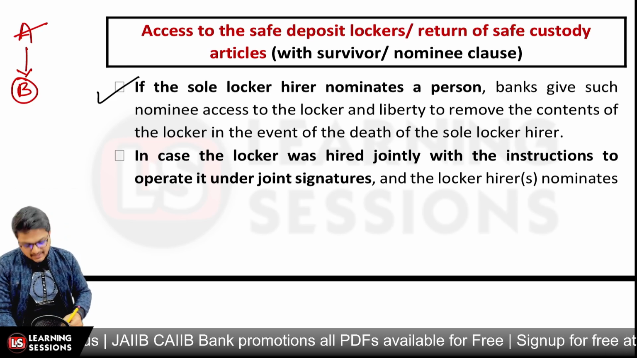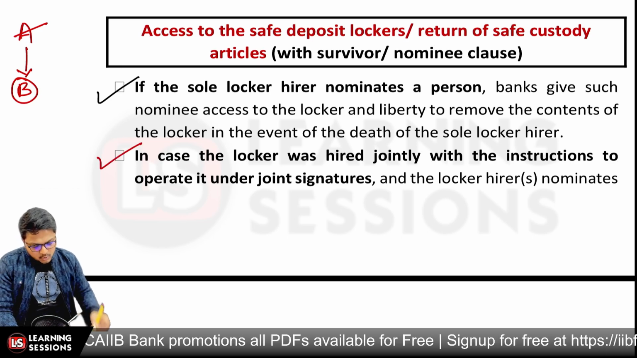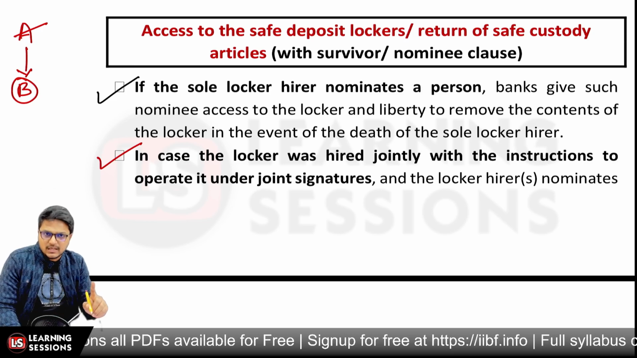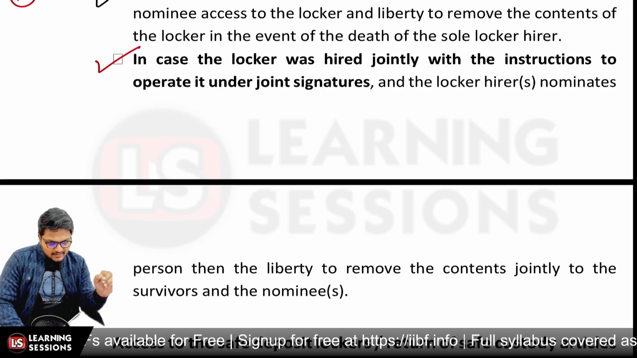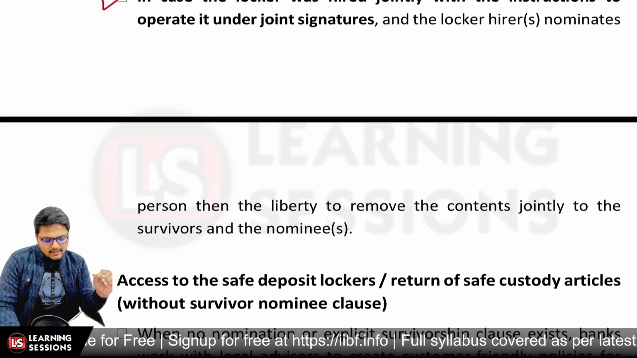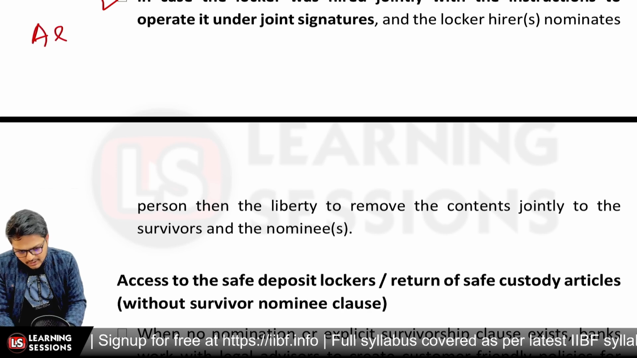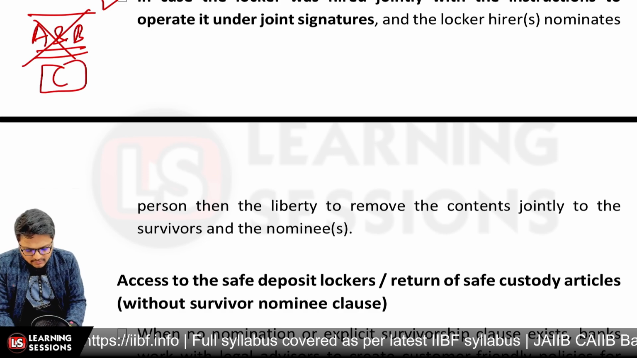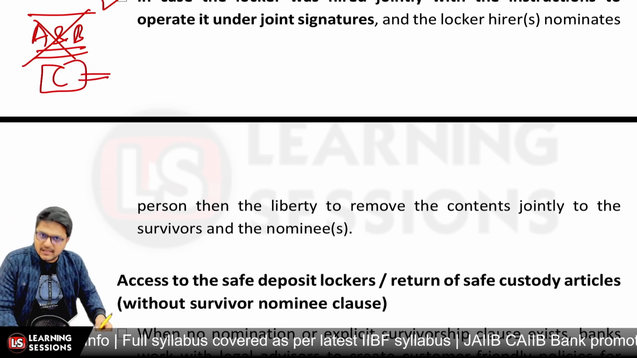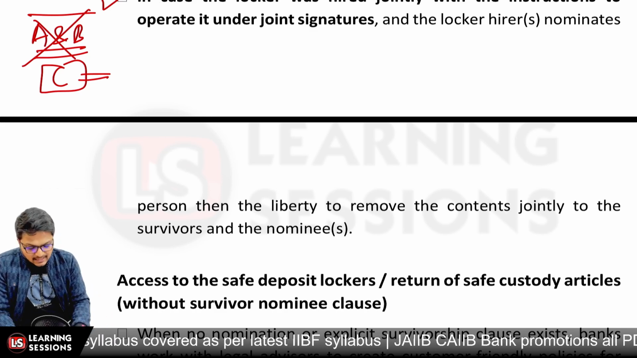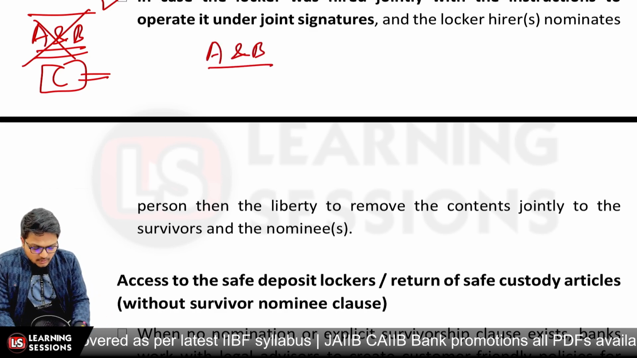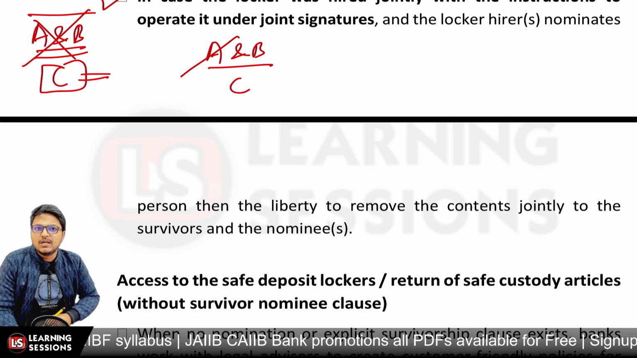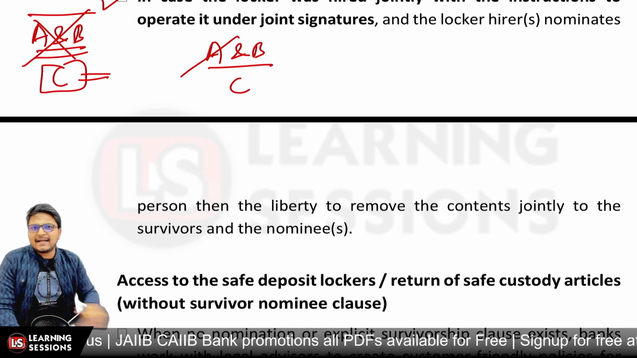That's a simple case. The second scenario is when the locker was hired jointly with instructions to operate under joint operations, and the locker hirers have nominated a person. In that scenario, A and B were jointly operating; if A and B both died, and C is a nominee, then C will have the liberty to remove the contents, right? And further, if out of A and B only one person is deceased and person C is the nominee, in that scenario,